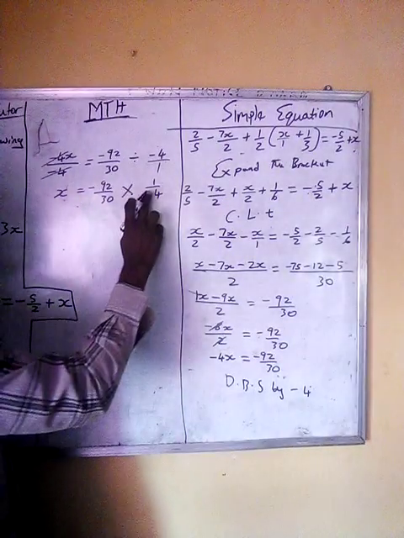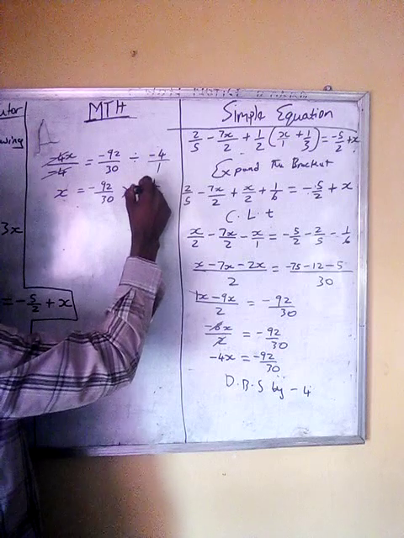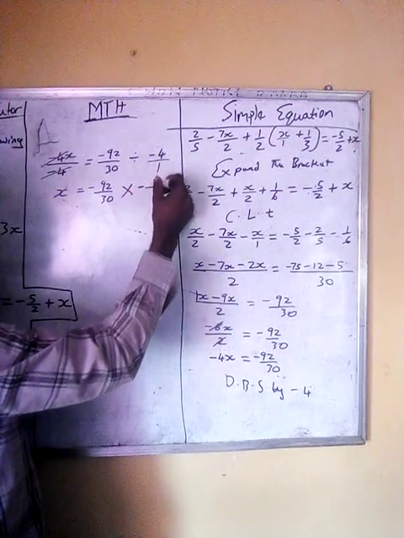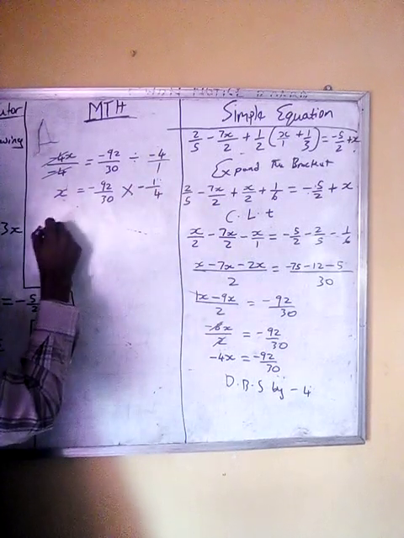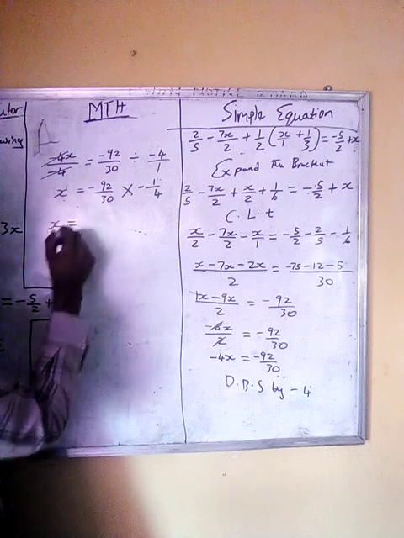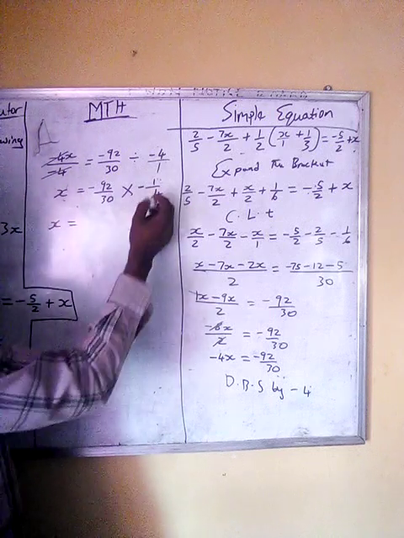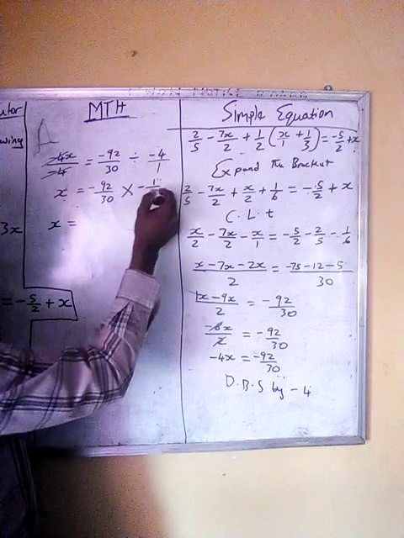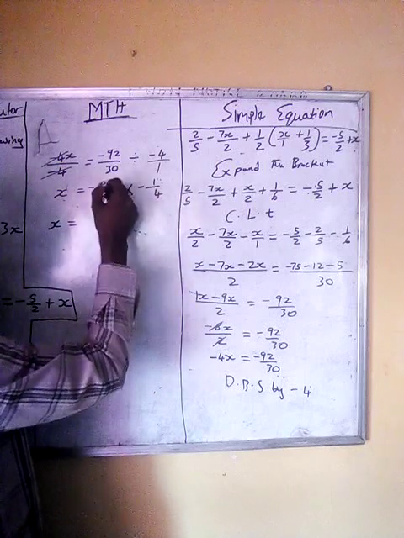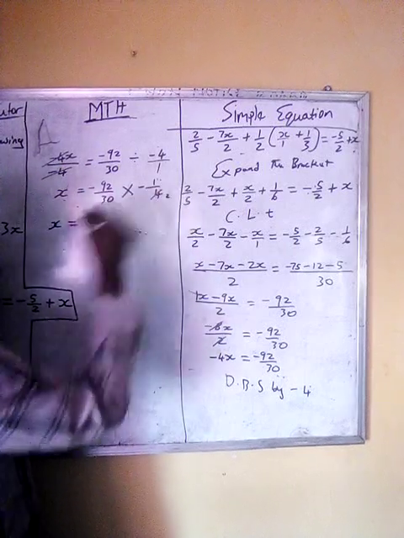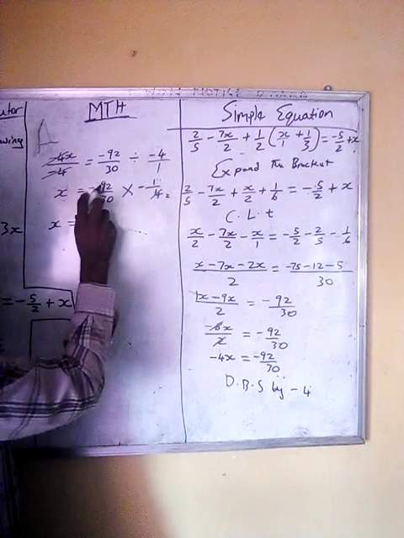Now this minus sign is for everything here. It's for both the numerator and denominator. So therefore this is x equals to, alright, 4, okay, let's say 2 can divide 4, leaving 2, and 2 can also divide